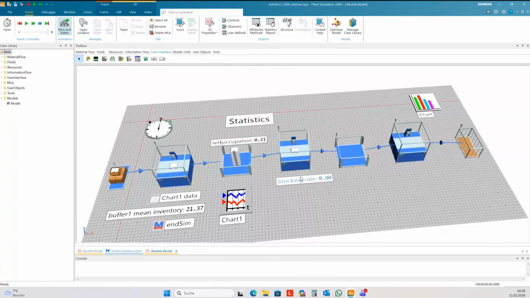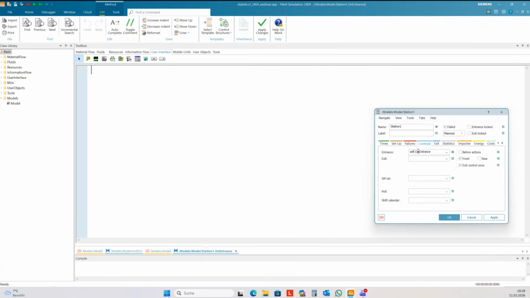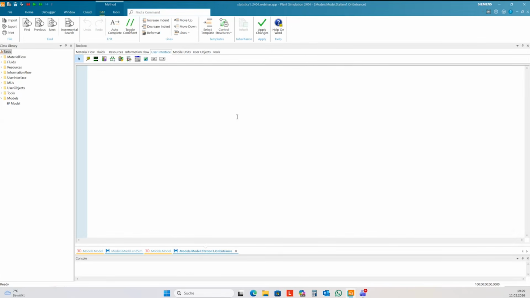Okay, then you need to trigger this change. I want to use entrance control for this. And there I need to set the blocking rate for the station.